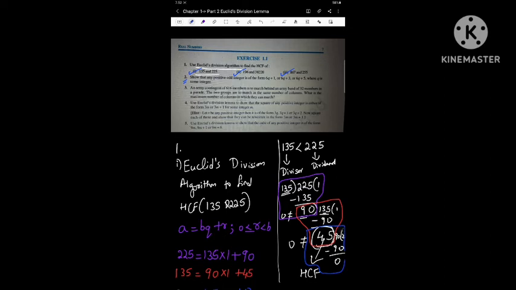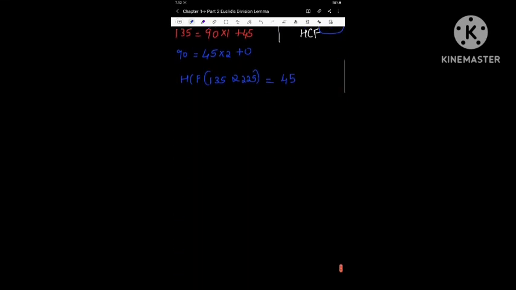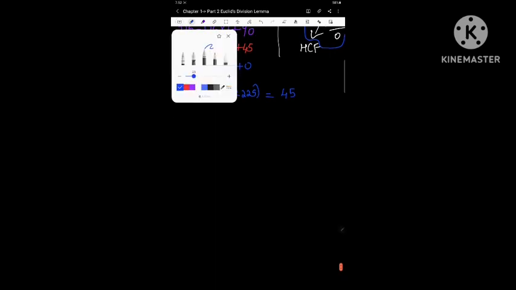What it says is, show that any positive odd integer is of the form 6q plus 1 or 6q plus 3 or 6q plus 5, where q is some integer. We have already seen a similar kind of problem, but still let's solve this problem. Okay, so the second problem is,